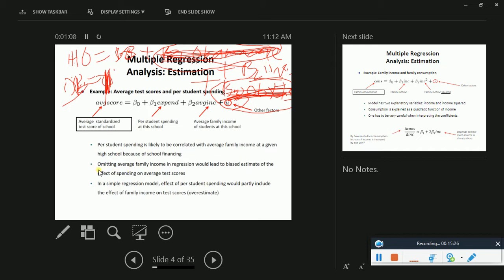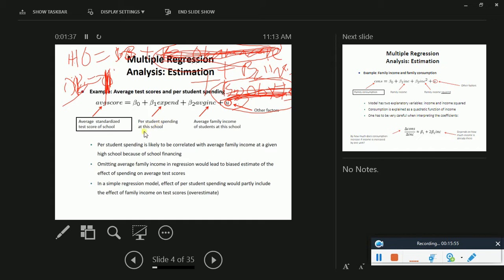Okay, so what's the problem when we omit the average family income in regression? It would lead to a biased estimate of the effect of spending on average test score. So if you are excluding important factors, you are not even looking at important factors and you are omitting them, then that will give a biased result, right? So because